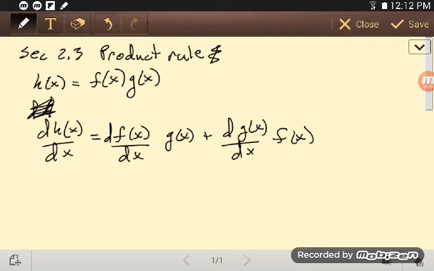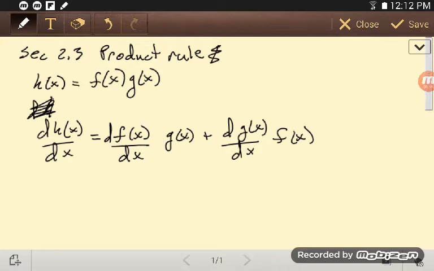That is, I could multiply first, I could take g of x and multiply by the derivative of f, or the derivative of f and multiply by g. And then addition is also commutative, so I could do either of the derivatives first and multiply by that other function. But that's it. That's the product rule. And so,